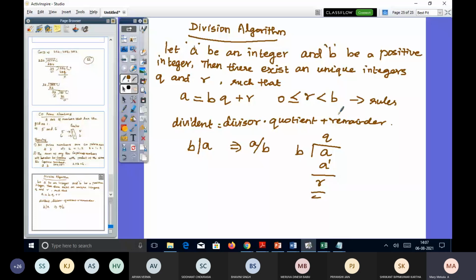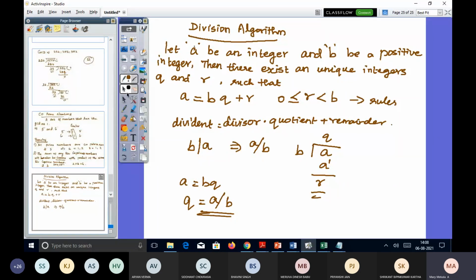Also, suppose you get r as 0, then a is equal to bq. From here you can find the quotient. How will you find the quotient? q will be equal to a by b, isn't it? The quotient is equal to a by b. All these things we know, but whenever we see these notations here and there, we should not get confused. So if the remainder is 0, automatically you can find q from this formula.